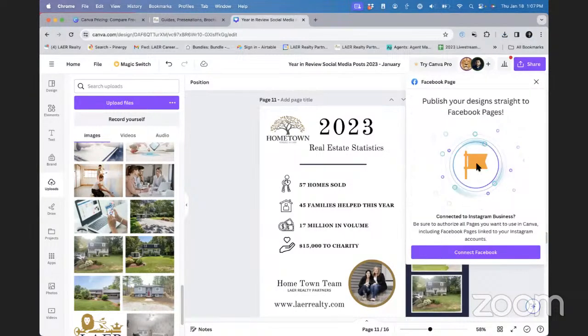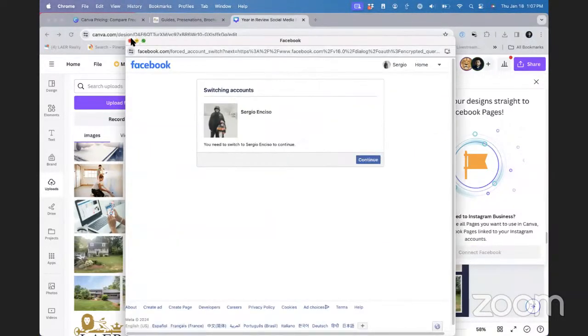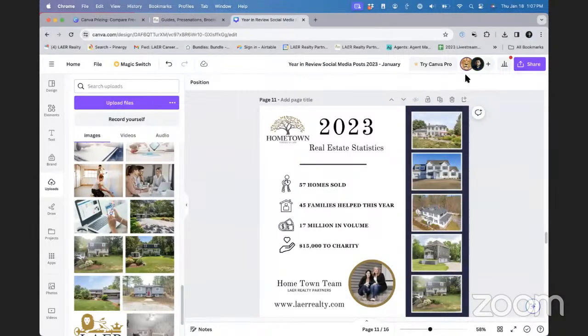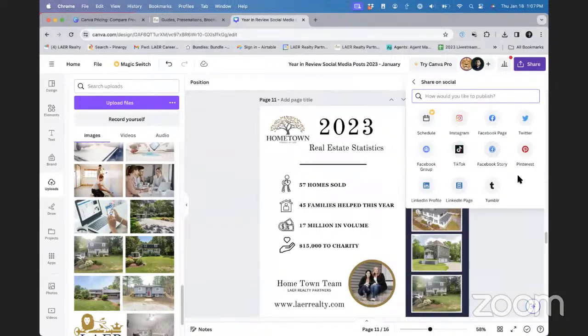You do need to connect your accounts. So all you need to do is click on this connect on Facebook, follow the instructions on this. I won't connect my personal account there. But once you have that, you're very easily able to share directly through any of these: LinkedIn, a Facebook group,